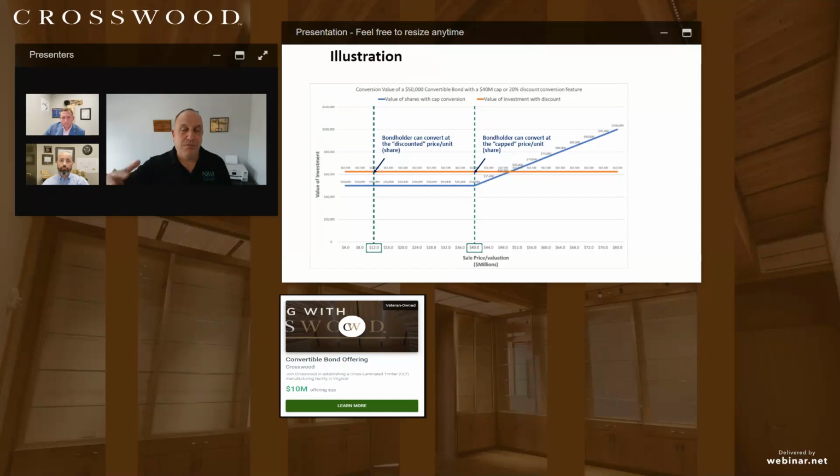But during the term, at the end of the term, as the business plan is executed and the company grows in value, the investors can decide in 5 years to convert to equity if they choose to do so. And that's it. If any investor has any questions, my contact information is in the presenter bio information.